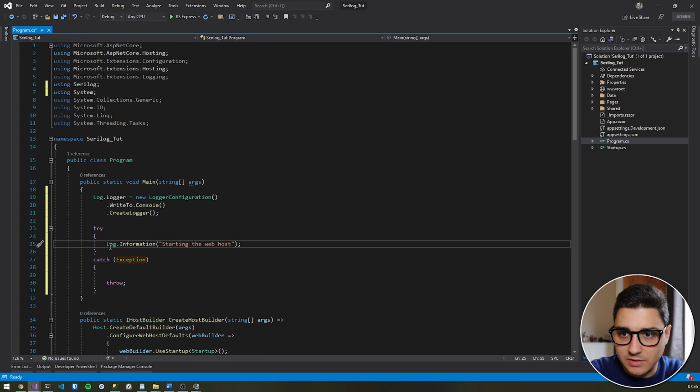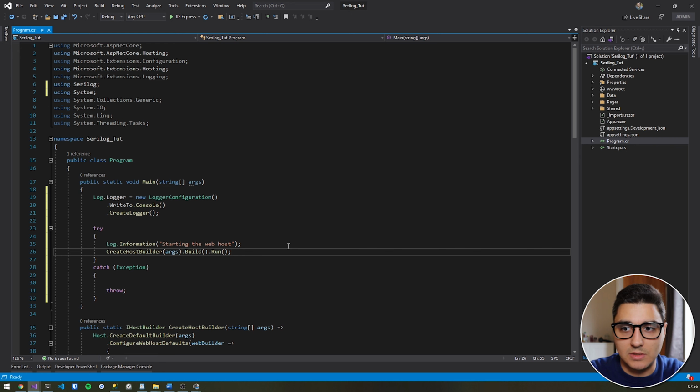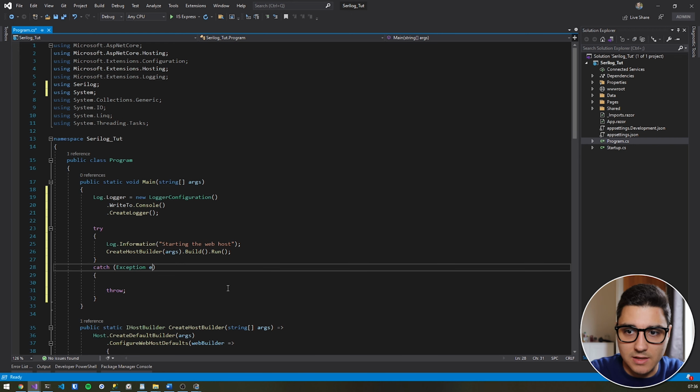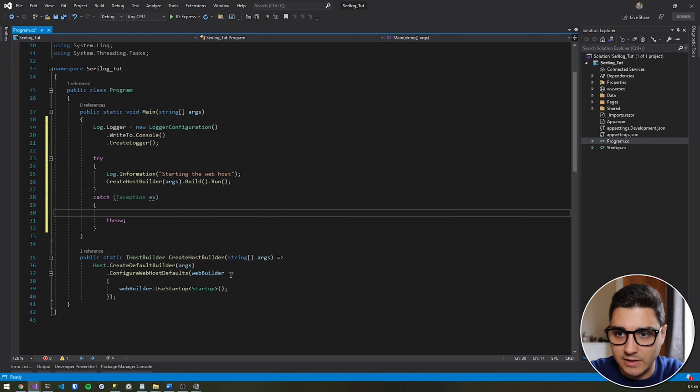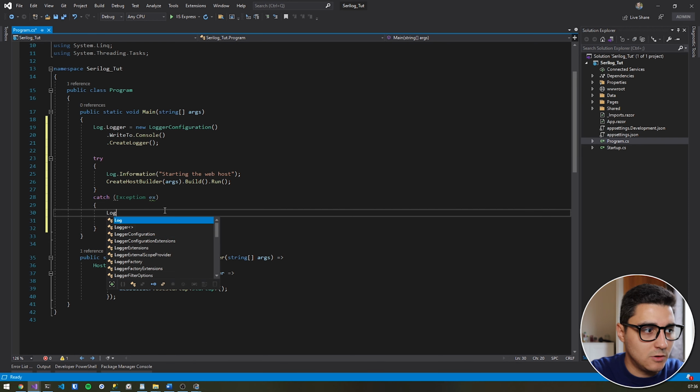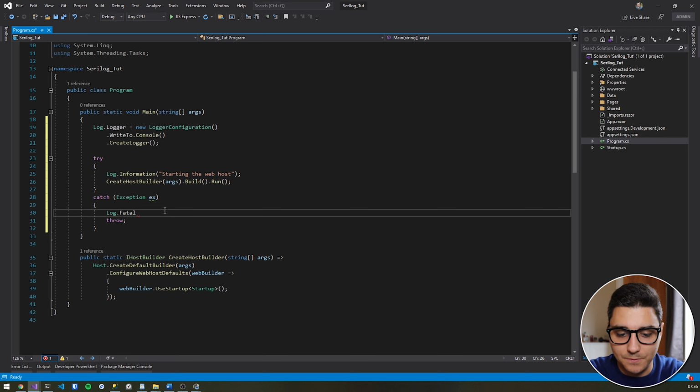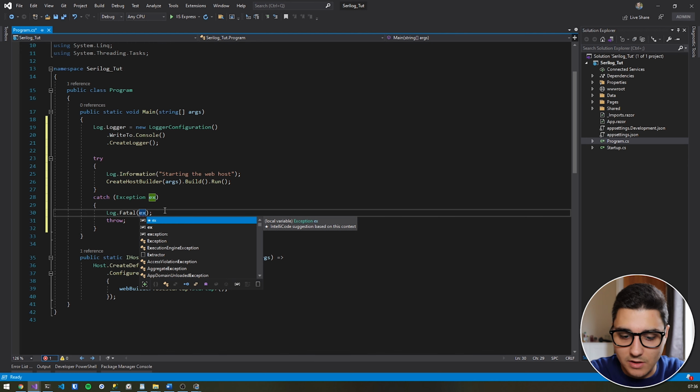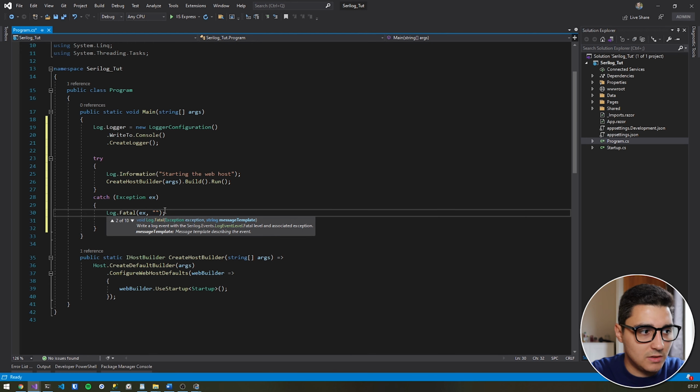What I'm doing now is just logging a piece of information to the console, saying starting the web host, and then I'm just going to paste that line in. Then in the catch block I'm going to define an exception variable right here, and then we log that as a fatal, and we log the exception and then say host terminated unexpectedly,